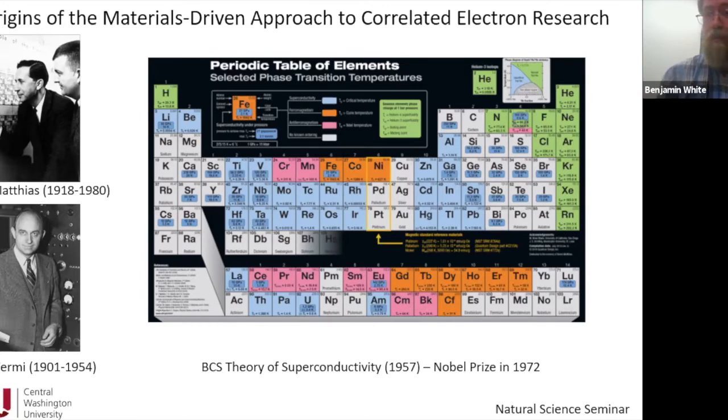hundred new superconductors. So this periodic table of the elements right here, for example, shows you that superconductivity is maybe not as rare a phenomenon as you might think, because every element that's labeled in blue is superconducting when you cool it down to low temperature. Every element that has a little blue box can be convinced to become a superconductor if you both cool it to low temperature and apply pressure. So it's actually pretty prevalent out there. And then of course, there are many ways you can develop superconductors that aren't elements: binary compounds, ternary compounds, and so